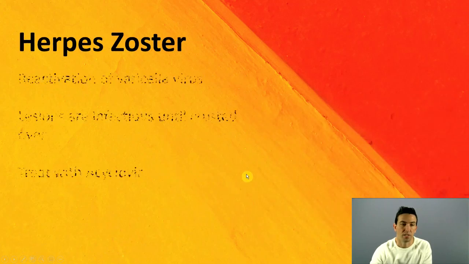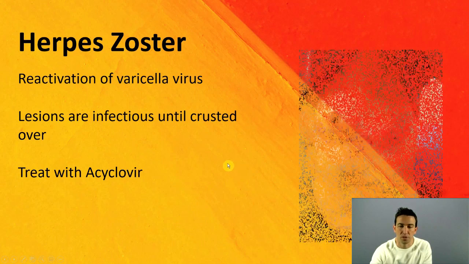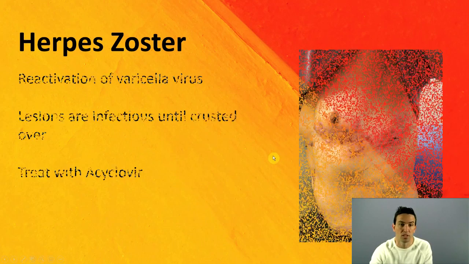Herpes zoster infection. So again, it's a reactivation of varicella virus. Lesions are infectious until they crust over. We treat with acyclovir. That is that classic description, that unilateral or follows that dermatomal distribution, has that vesicular nature, very painful. And a couple of these do have some high-yield board associations or test question associations,